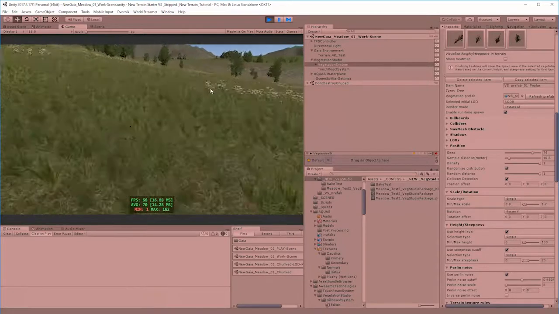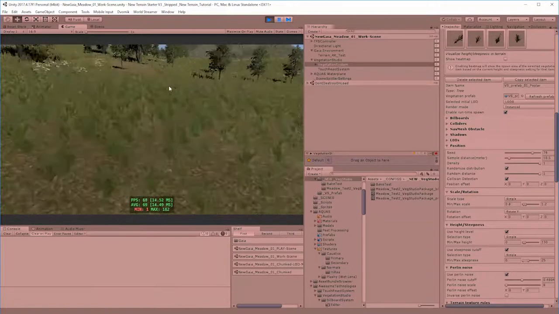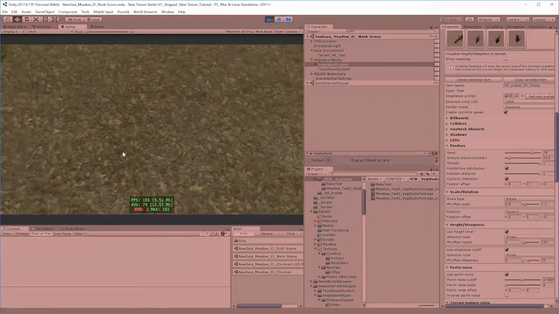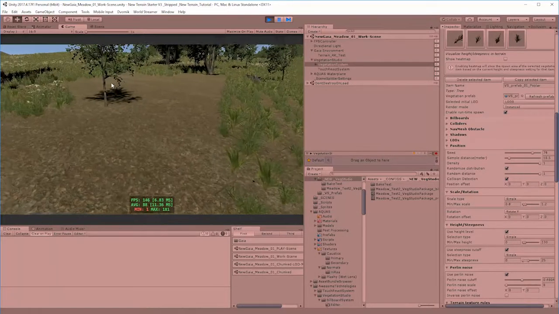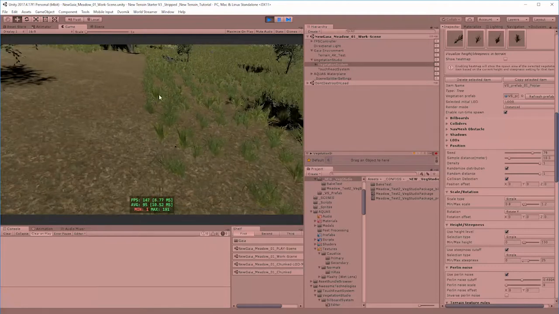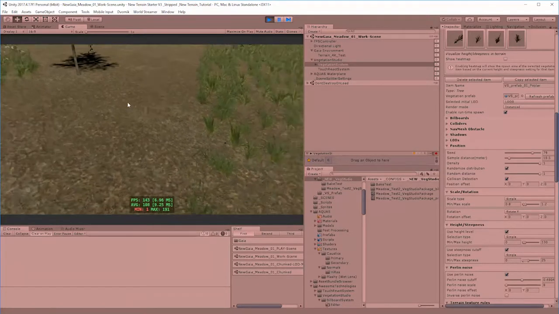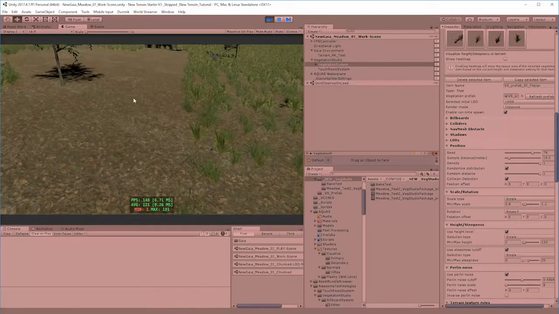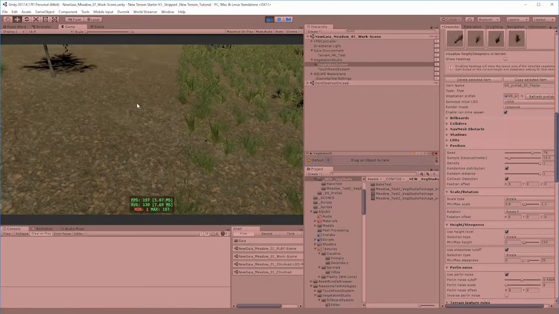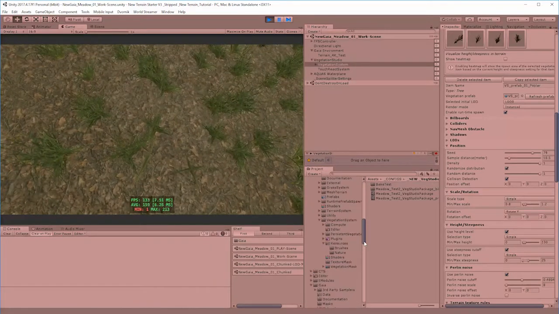I think now we're good to go, but it's a good opportunity to show you how you alter the exclusion, that makes sense to me. The exclusion was very much saying you don't want any grass on this. You could add additional foliage here, and I remember the Nature Manufacture package has this nice